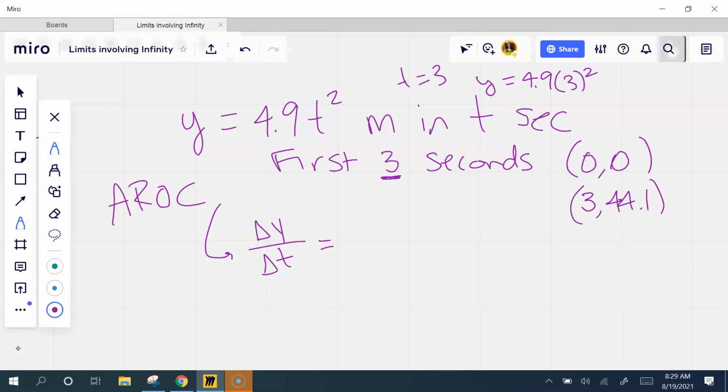I will tell you, get used to on FRQs, you have to take everything out 3 places. That's your rule of thumb. I don't know if this has any more places. Okay, it's probably just 1 decimal. But if there's anything that you have to round, it's at least 3 places. And they will take your answer point away from you if you don't. Like you get 1 point for the correct answer, and then you get so many points. But there's always 1 answer point. You will not get that if it's not rounded correctly.